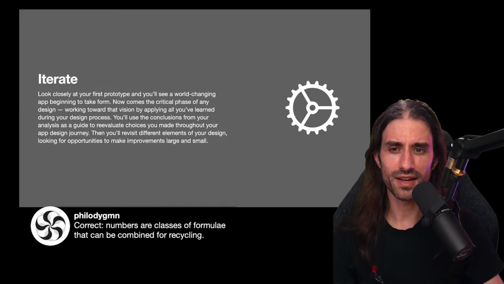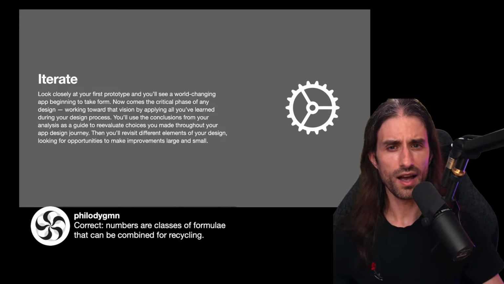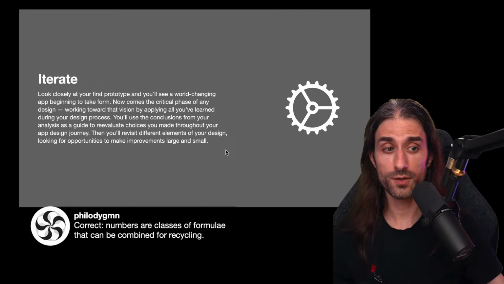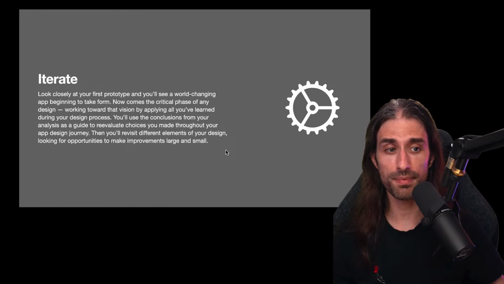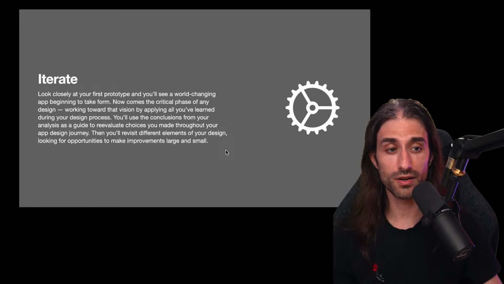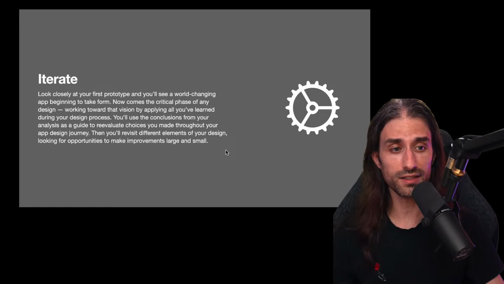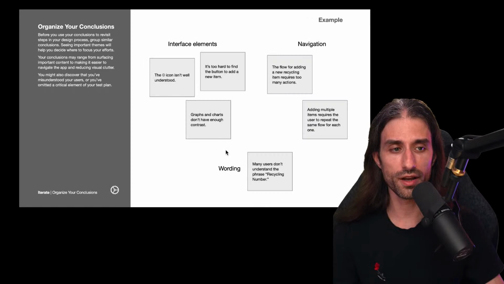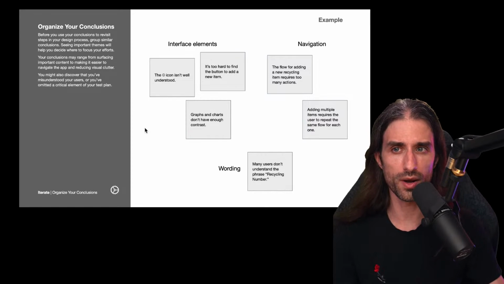Okay, so numbers are classes of formulae that can be combined for recycling. Okay, so yeah, definitely we don't have anything that's close to that in France. But it's very interesting because it shows that if you want to make such an app, you definitely want to focus on a specific geography that you are familiar with, because it shows that what's true for recycling, I guess, in the US doesn't make sense at all for another country like France. So this is a very good insight. And it's typically the kind of insight that doing user testing would reveal if done well.